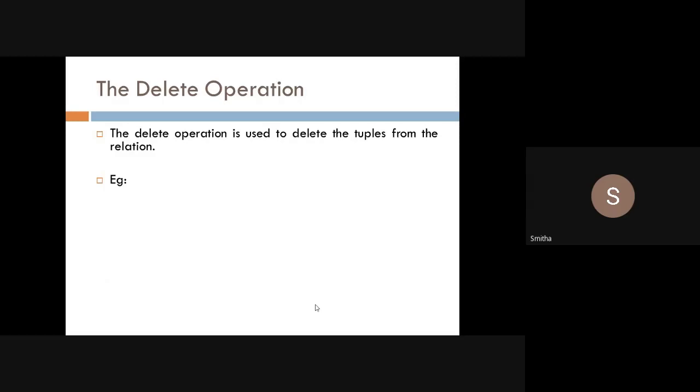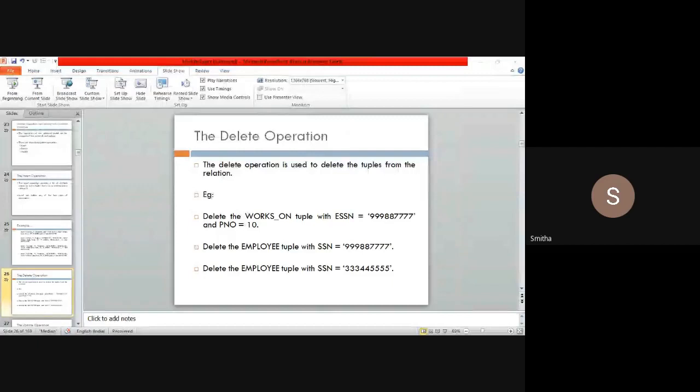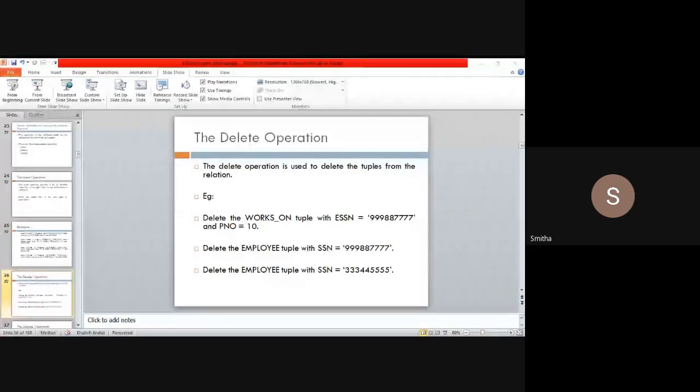So next is delete operation. Is it clear, students? Any issues of listening or visibility of the screen?